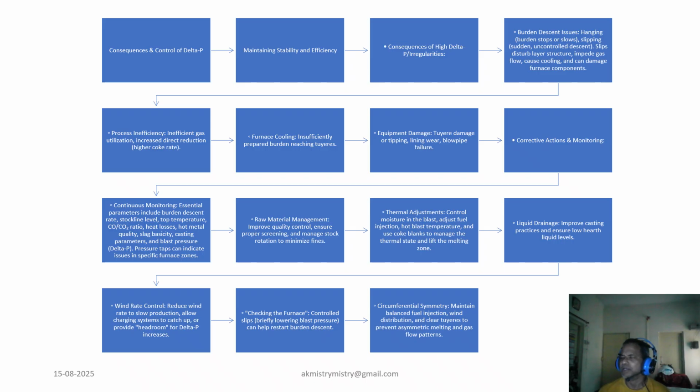Even a controlled slip can reset the furnace from scratch, because the entire layers get changed, and they need to be created again from the beginning, which is time-taking, and refurbishing this entire layer will also take time. So overall we can say there is a lot of loss associated with such type of